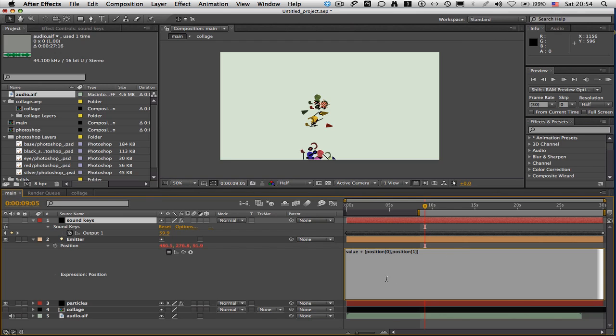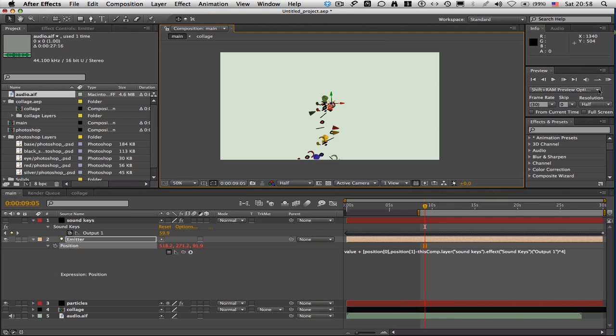I'm gonna keep the x-axis at the same point. I'm just gonna move the y-axis around. The y-axis is gonna be controlled by the audio. The x-axis is gonna stay as it is. So I'm gonna change this value here. To do so, I'm gonna write minus this value times 4. If we make a quick run preview,